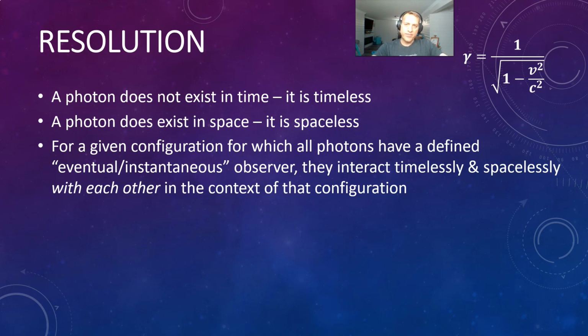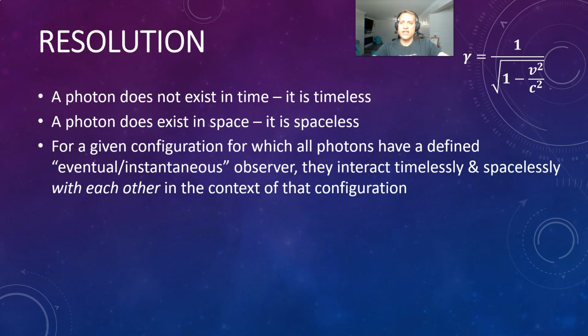You wouldn't be able to see anything. You need tens of thousands or millions of photons built up to give you what the signal actually looks like, what the interference pattern looks like. So you need multiple photons to interact with each other, to interfere with each other to build up that interference pattern. So if there's only one photon going through at a time, how do you get photons to interfere with